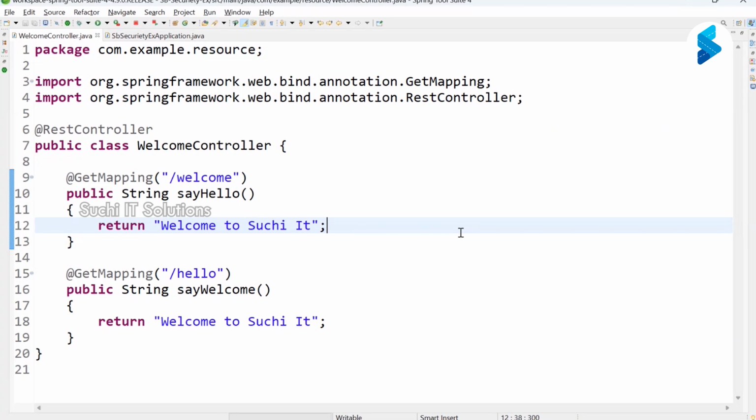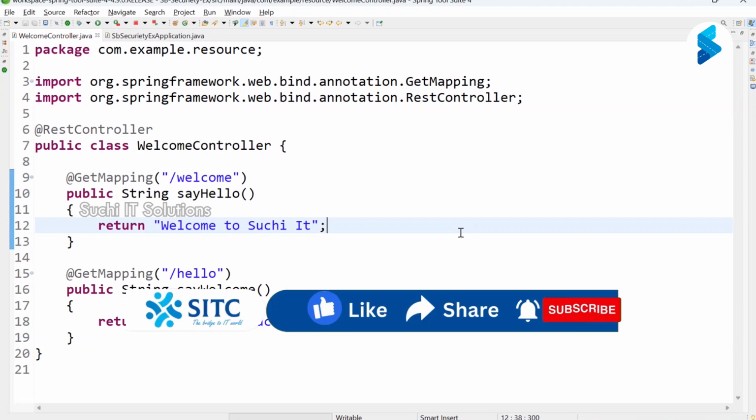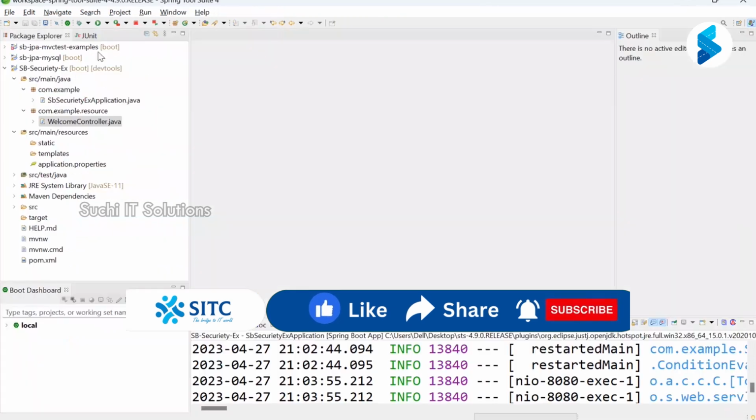Yes, sir. Can I go for the next one? Good. Now let me go for the next one. Sir, in my project, assume that I have different resources like home, balance, statement, loan, contact. So can you tell me now, ma'am, these are the operations I'm performing in my project. Okay, let me design that. You'll understand.